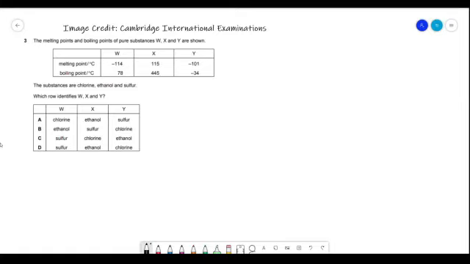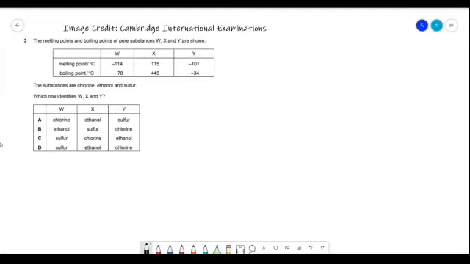The third question in this series is one which is substantially more difficult than the first two. This is very definitely something which would only appear on higher papers, and even then is aimed at grades 8 and 9. In this question, we're given the melting points and boiling points of three pure substances, W, X and